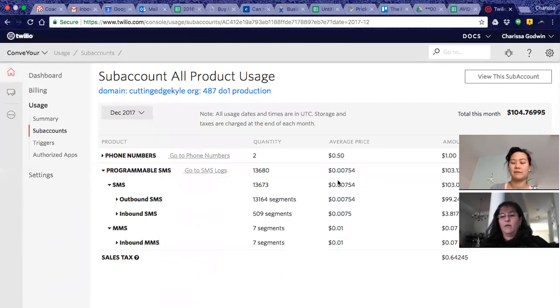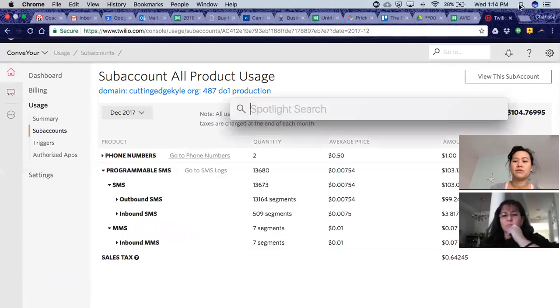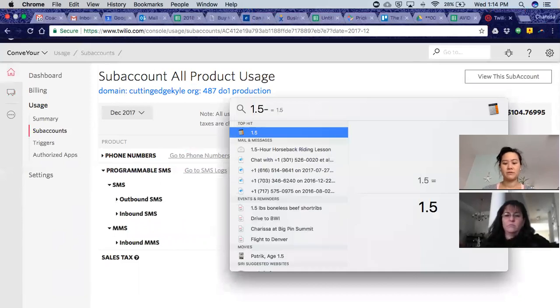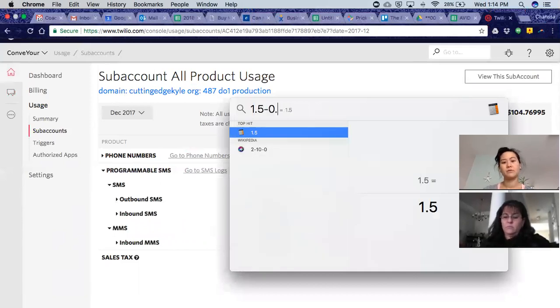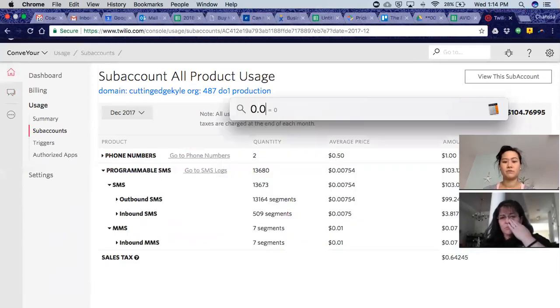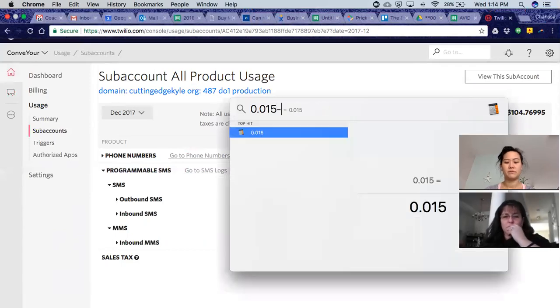Long story short, we're being charged 1.5 cents, right? 0.015 minus 0.007.